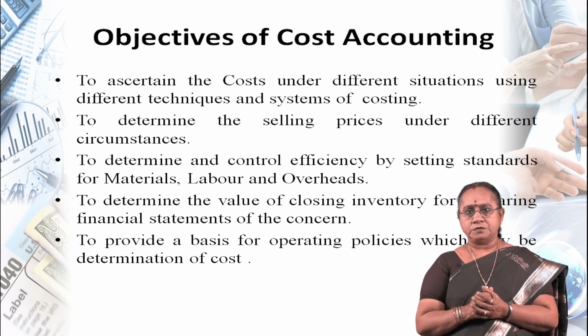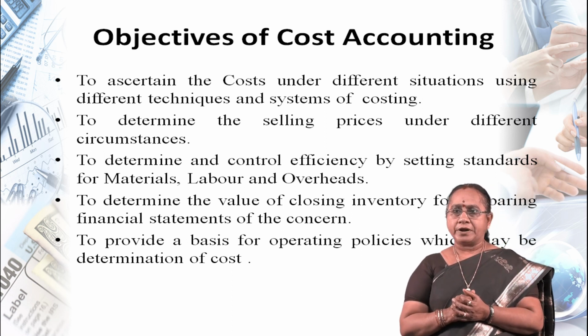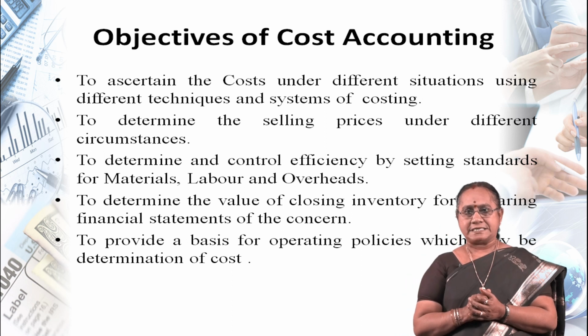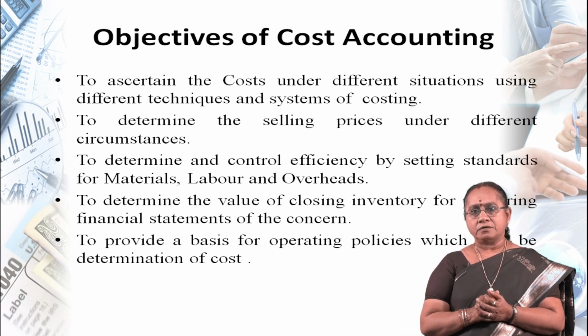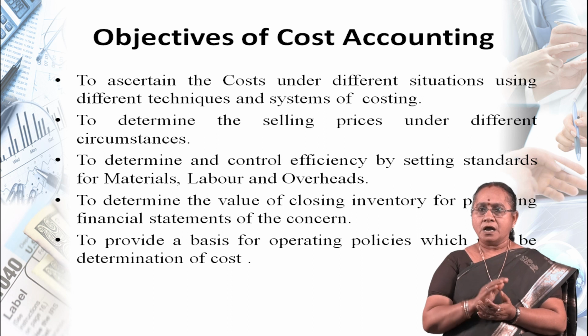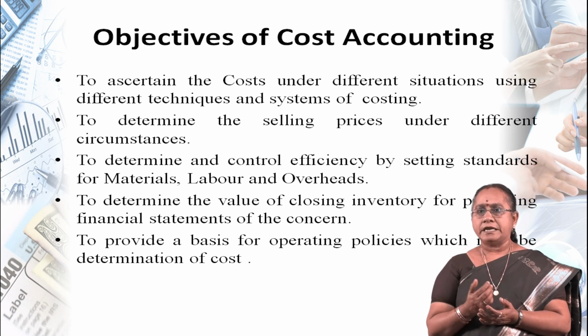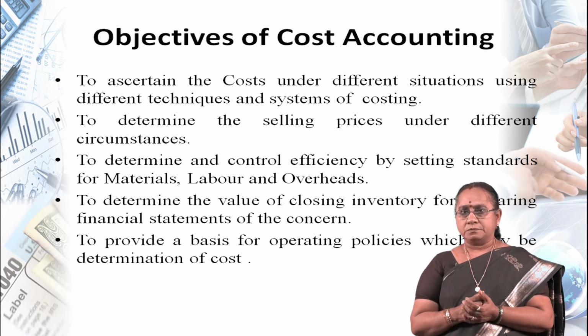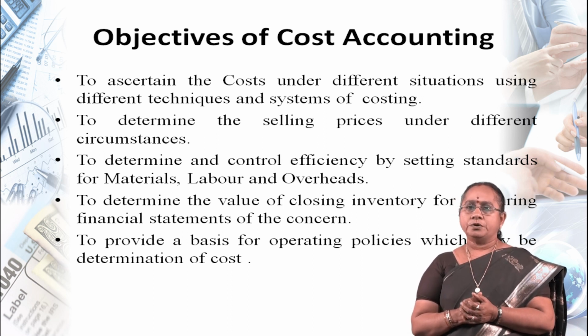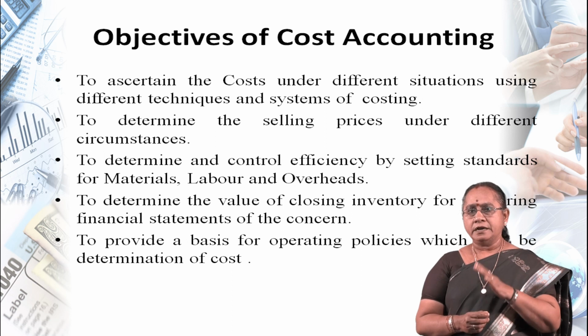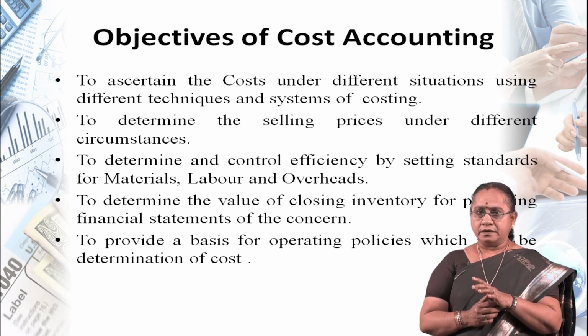And the second objective is to determine the selling prices under different circumstances. Selling prices are fixed only based on the cost, and also on the profit margin. So, the objective of cost accounting is also to determine the selling prices under different circumstances. And then